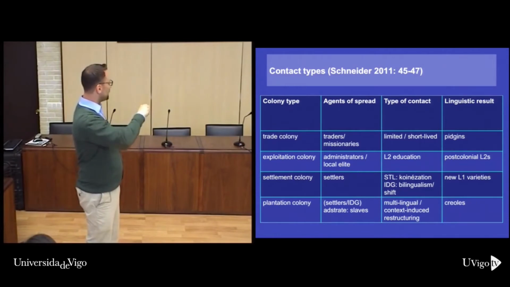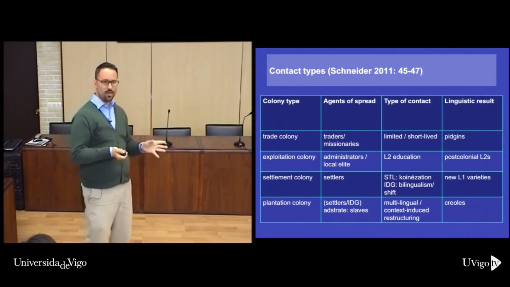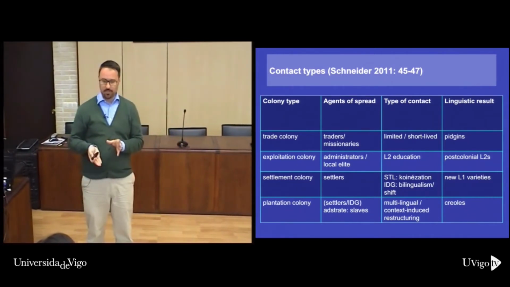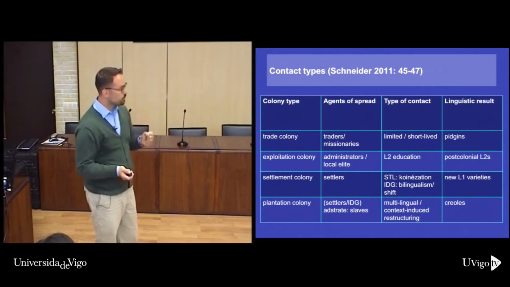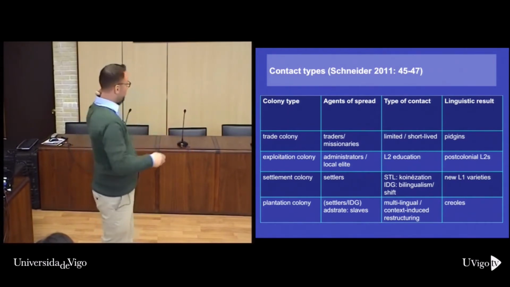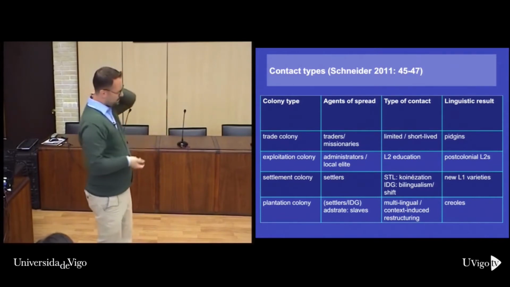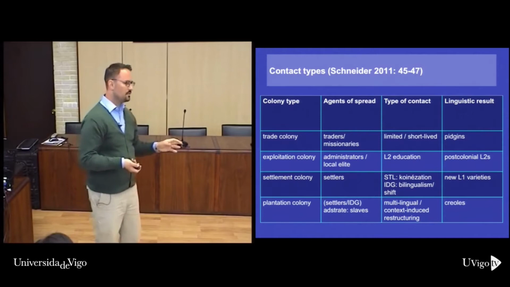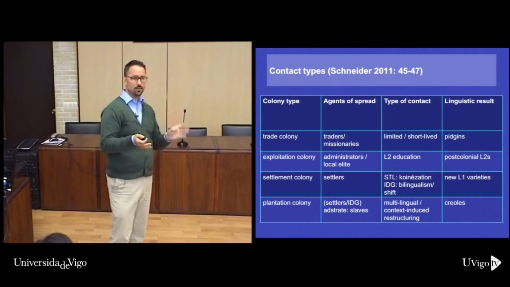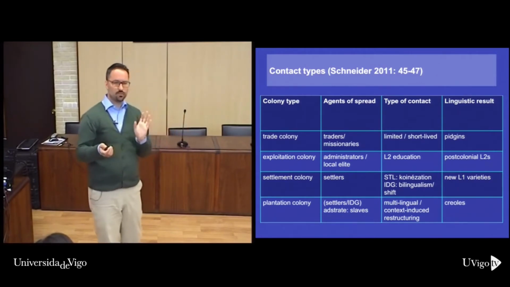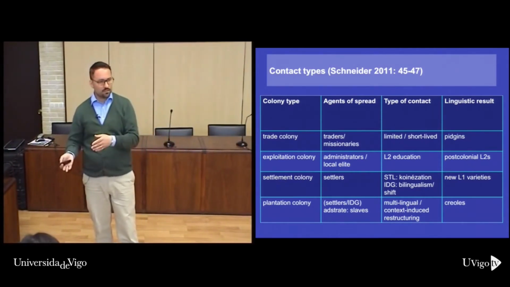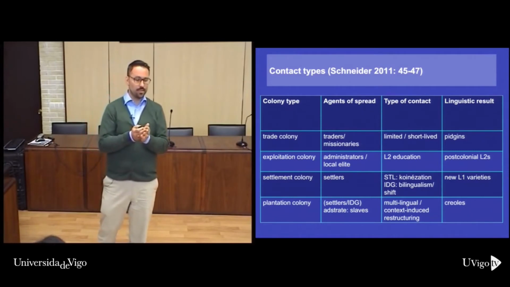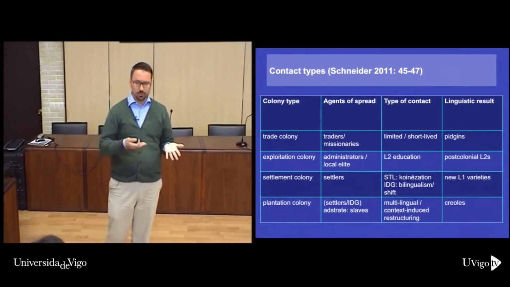And then we look at settlement colonies, and this is different now because in New Zealand, in Australia, you didn't just have a handful of first language speakers, you've got a whole bunch of them. Okay? Large-scale settlement. And they make up a considerable proportion of the population there. So it's settlers that go there, and the type of contact that you get is between the settlers, if they come from Scotland and the south of England or from Ireland. You're going to have koinization, that's a term by Peter Trudgill, that you choose the common form, so that very specific local variants of Scottish English will get lost in favour of variants which were spoken by many of the people, which were intelligible to the majority of the settlers.